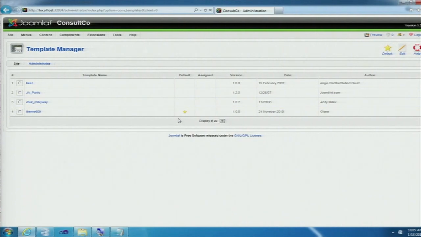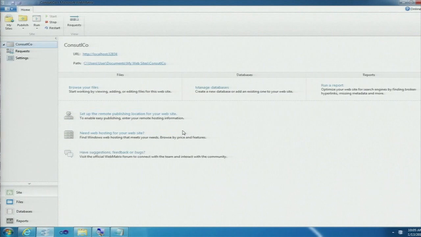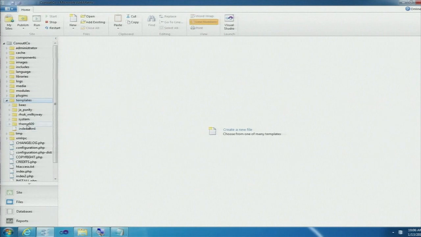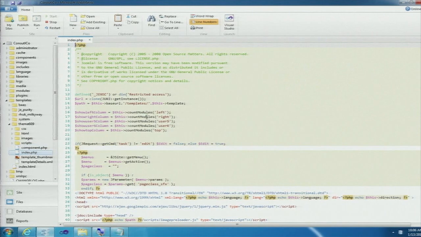You can make other design changes, obviously, within the Joomla administrator. But let's just take a look at what we can do within Web Matrix itself. I can dive into the Files tab here. I can see the listing of all the files within the Joomla site we just created. Included in that is our templates directory. Including in that is the new theme that we installed. And right down below that, here's index.php for our Joomla template. You can see a nice coding interface with nice syntax highlighting here. Makes it easy for us to make those HTML changes necessary for our site.